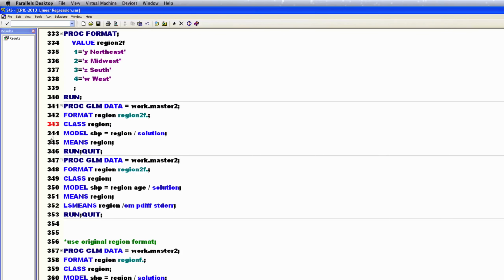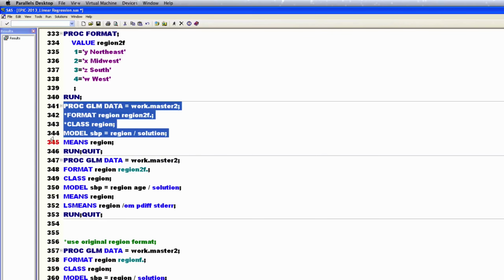So just to give you a comparison of what would happen if we did not include a class statement, I'm just going to comment out the class statement. And I'll also comment out the format statement, since the only reason we had that there was to determine what level of region the reference would be. And if we rerun this,